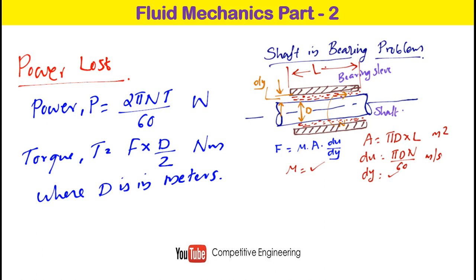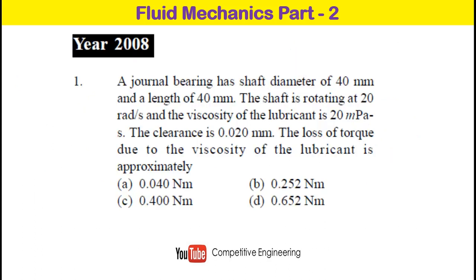In this lecture, we discussed the concepts of Newton's law of viscosity and a very important concept, the shaft in the bearing problem. So I'm giving you a question. This was asked in GATE 2008. A journal bearing has a shaft diameter of 40 mm and a length of 40 mm. The shaft is rotating at 20 radian per second, that is omega, and the viscosity of the lubricant is 20 millipascal second. The clearance is 0.02 mm. The loss of torque due to viscosity of the lubricant is approximately: